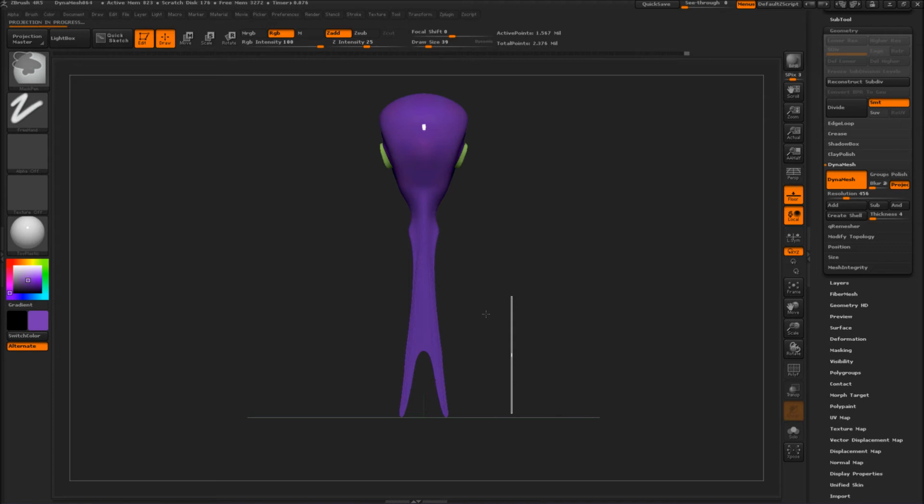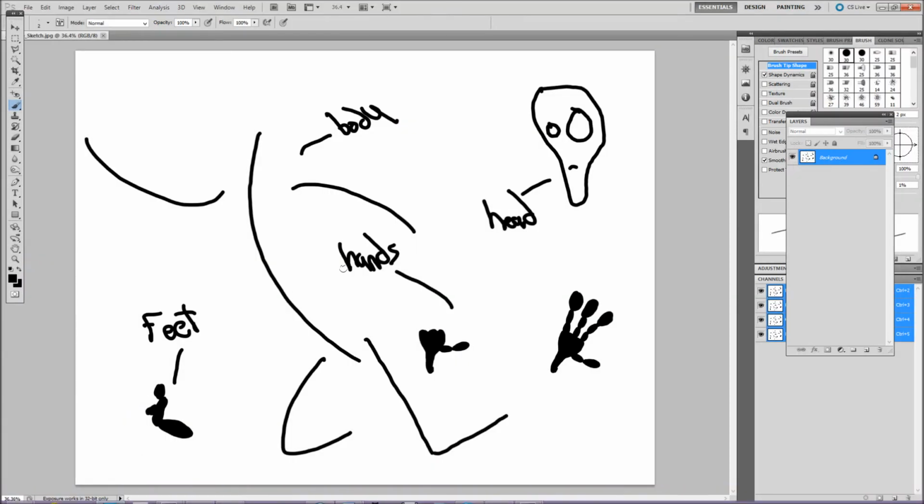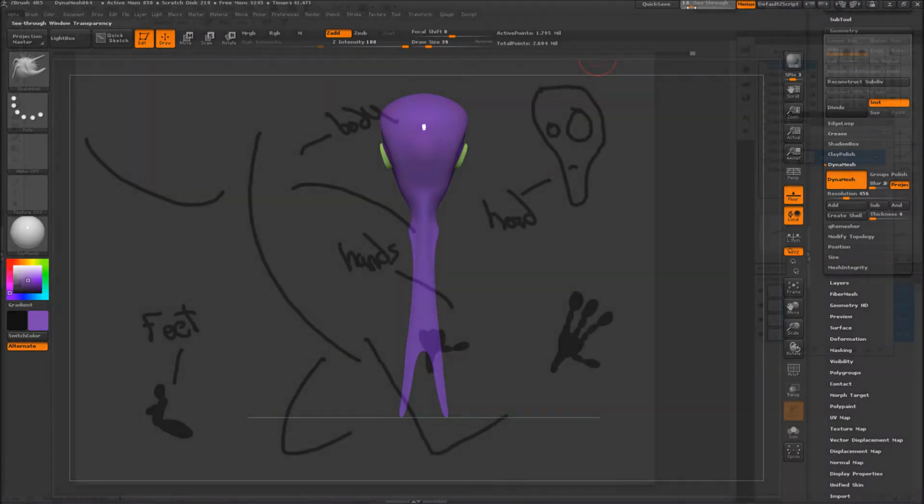Now, if I had any type of reference to work from, I could definitely put it behind this right up here to see through my application onto the reference image I had behind. So, let's see, Photoshop. Okay, this is the body I worked on with the other aliens. So, Alt-Tab. Okay, then see-through mode. Yeah, if this had been a body that I needed to try and reproduce,